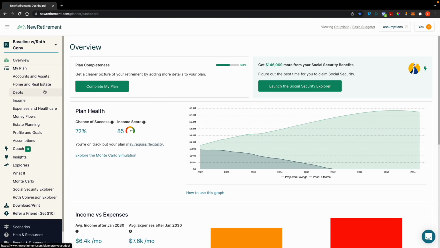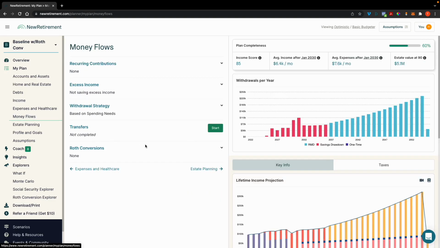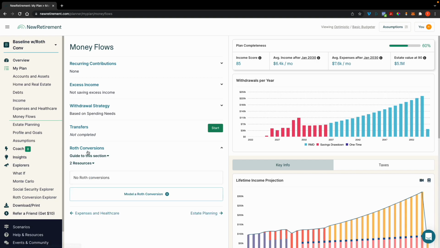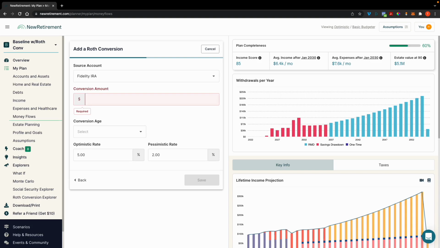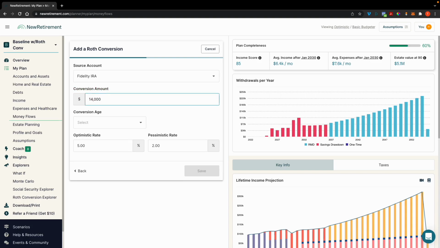What we're going to want to do is go to the money flow. And once you go to money flow, this is where you can see Roth conversions. And then what you can do is model a Roth conversion. Click on the account that you want to convert. Conversion amount, let's just say it's that $14,000.